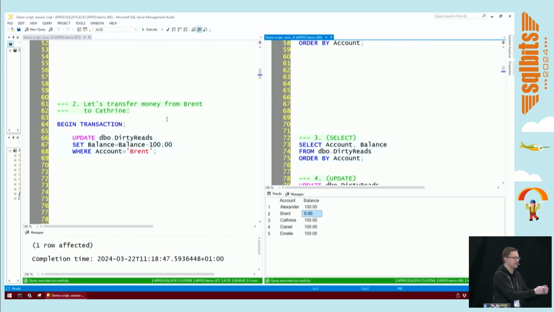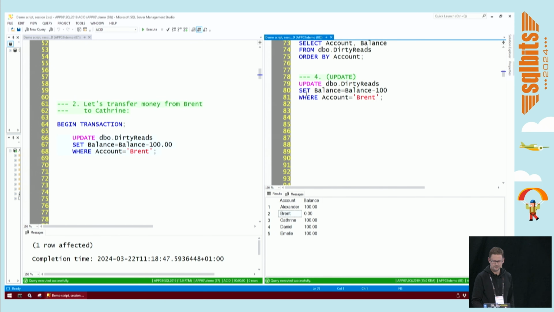This is the microsecond on your online banking app where you pressed transfer. It has taken money from one account and it's about to put the money into the other account, but the transaction is still open. But the right-hand side session uses no lock. And so we can see that money has been withdrawn, even though we shouldn't. This is a dirty read.